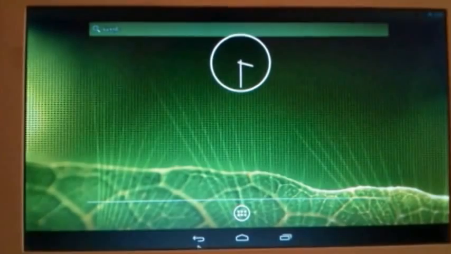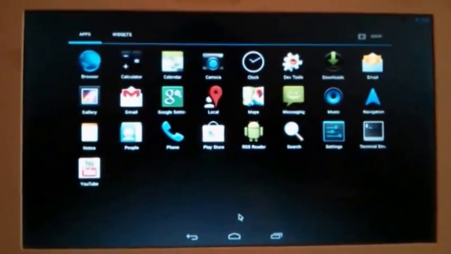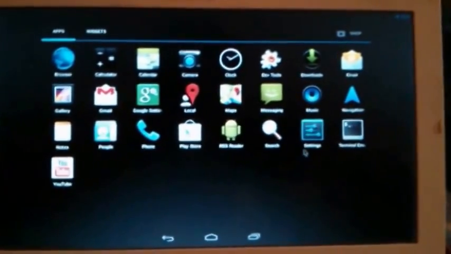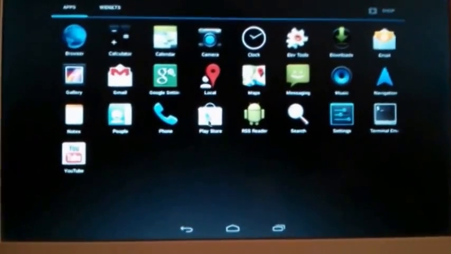So we have converted our laptop into an Android tablet. You can use all the apps, Google apps.